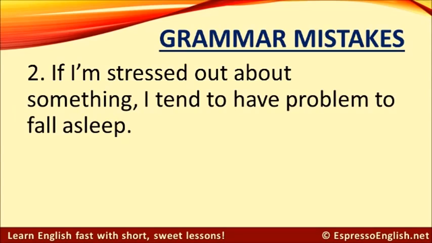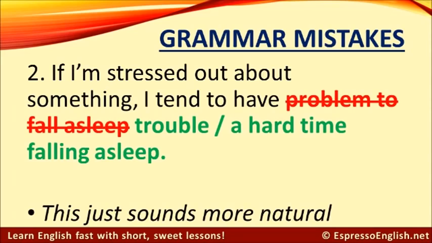Number 2. Here's the incorrect sentence. If I'm stressed out about something, I tend to have problem to fall asleep. Can you find the mistake? It's incorrect to say, I tend to have problem to fall asleep. It just doesn't sound natural. Instead, you should say, I tend to have trouble falling asleep, or I tend to have a hard time falling